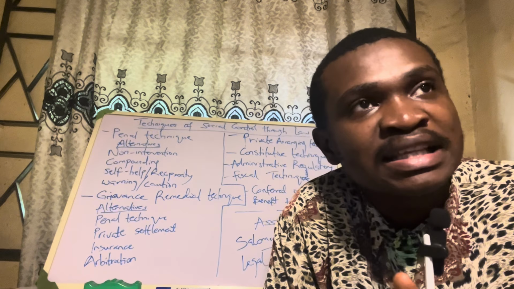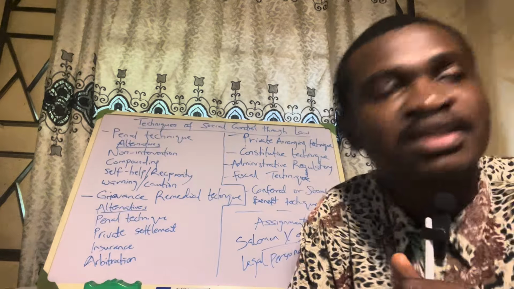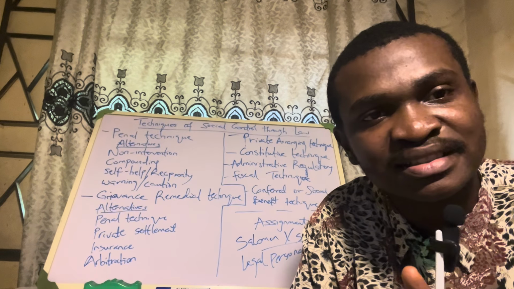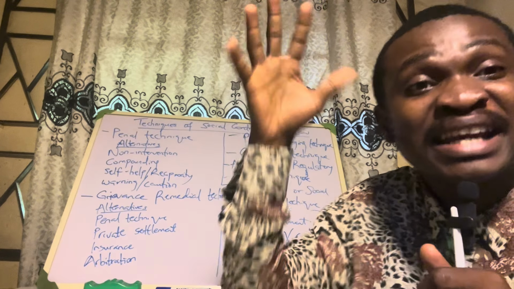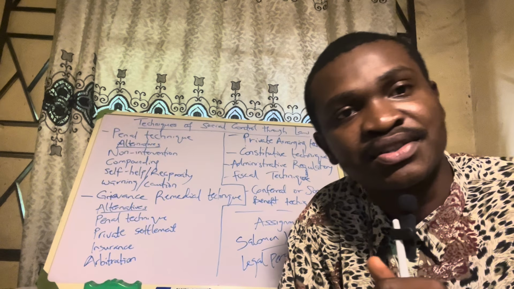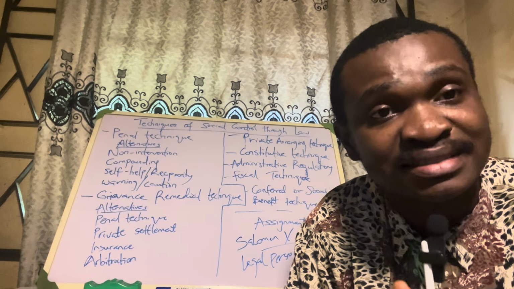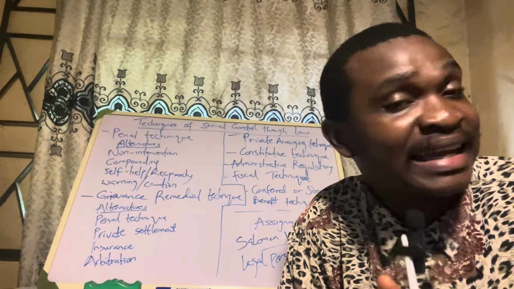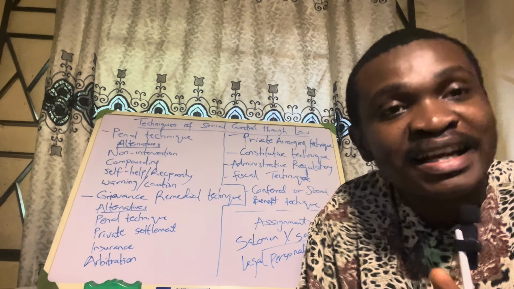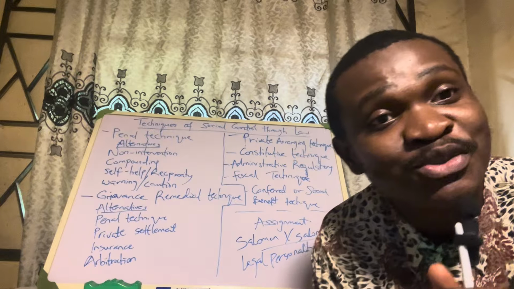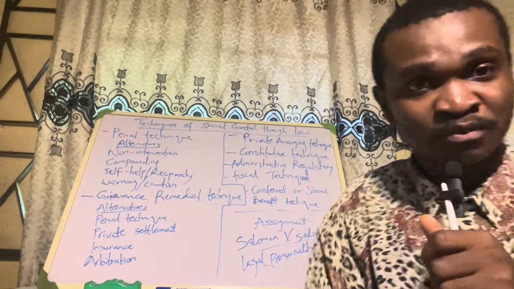Let's say, for example, we want to get everybody to stop smoking cigarettes, probably because of how hazardous it is to the health. Instead of maybe criminalizing smoking cigarettes, the thing the government can do is to use the fiscal technique and put a very high tax on cigarette importers. Even after you are being taxed, you will not even have profit again from your cigarette sales. What will happen? People will stop selling cigarettes, and if people stop selling cigarettes, where will you see cigarette to buy? Then you now see that you have eradicated it using the fiscal technique. Taxes.